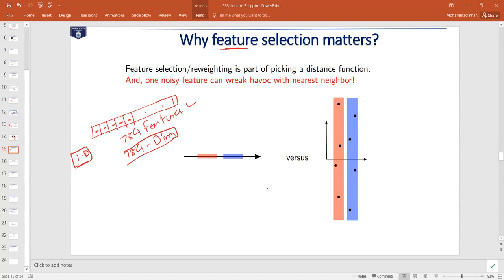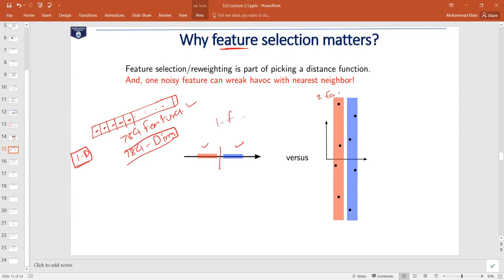Now, if we use more features, can we say that the algorithm will always perform better? For example, here we are using just one feature. There are two classes, red class and blue class. Now suppose suddenly we got another feature for the data set. That means now our data set will be represented in two-dimensional space. So that's what we are doing here. Now, we run nearest neighbor algorithm on the data set using two features